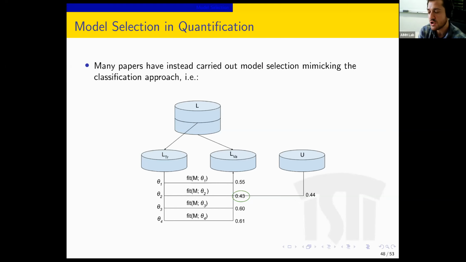This is typically a partition, and we can use some stratified method for this split. The LTR, which is the training split from the dataset L, is what we use for training our methods with different hyperparameters. And this LVA, standing for validation set,